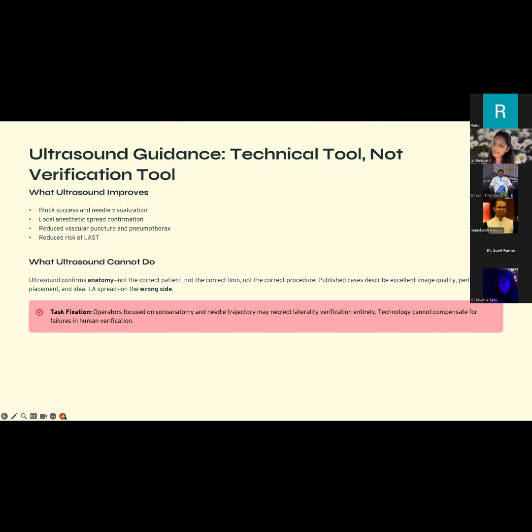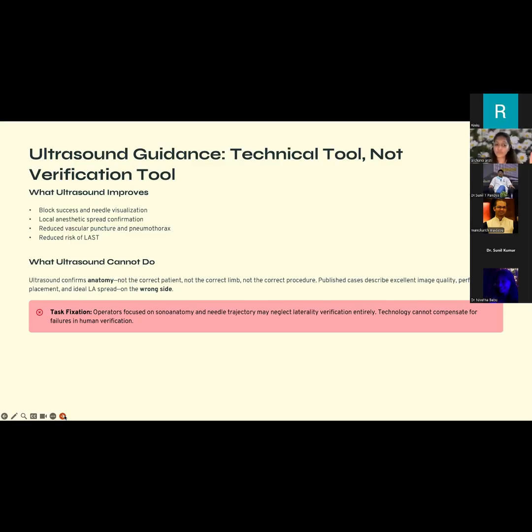So utilization of technology is obviously a great boon for us. Especially in regional anesthesia, ultrasound has pushed us leaps and bounds, not just for regional, but in terms of focus and all other points of intervention as well. But just because it's such a great tool, it's not a tool used for verification. So entirely, you should follow the checklists and really be careful before you embark on the blocks.